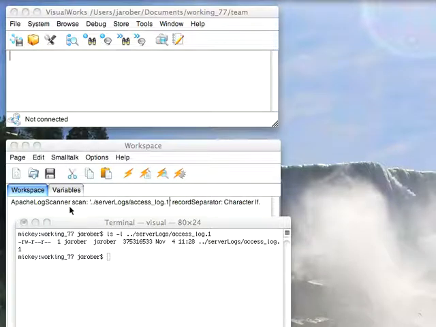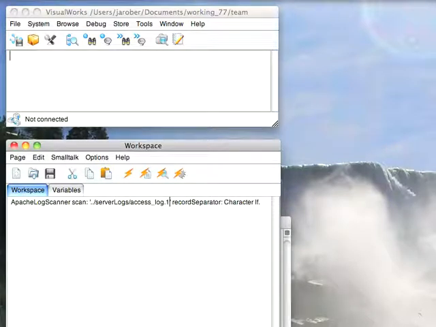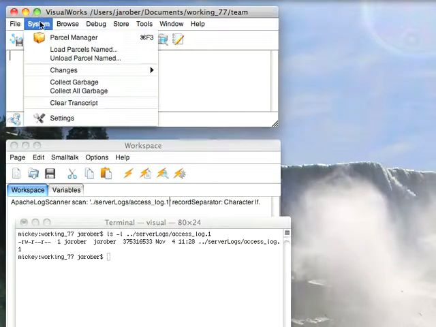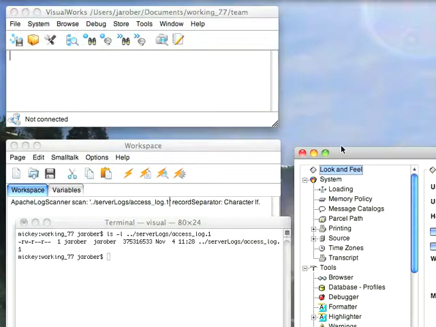Give me an example. Let's say I wanted to scan this log file, and the log file in question is 375 megabytes. When I instantiate that into objects, it might well turn out to be 500-600 megabytes worth of memory being consumed. And if I take a quick look at my settings, system settings, you'll notice that if I go